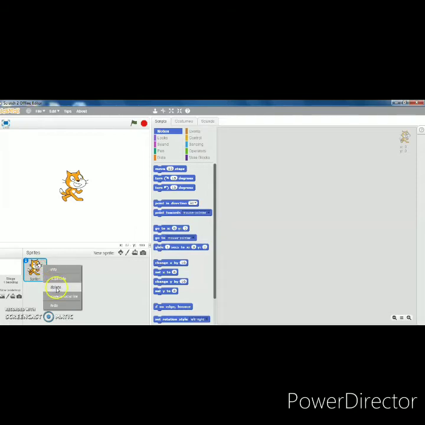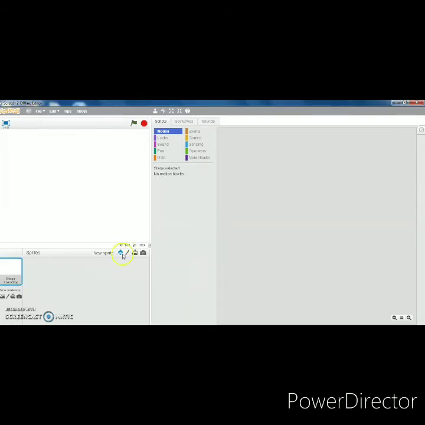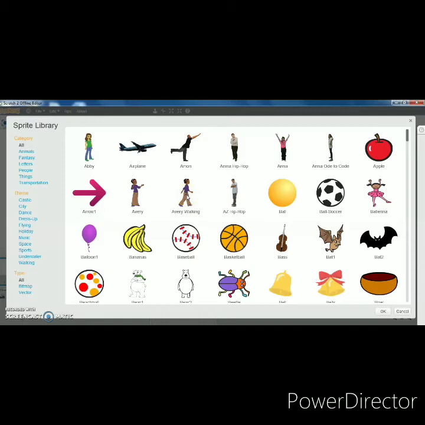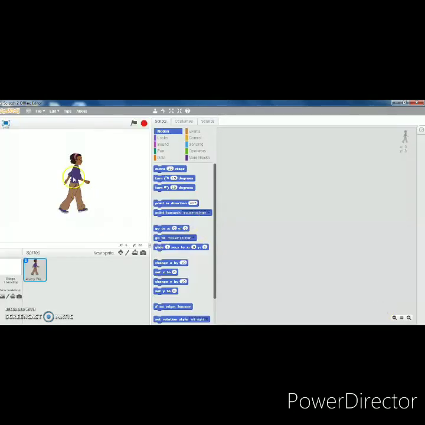Firstly, I will delete the cat split and take a new split, for example, I am taking a walking one. I placed her here.